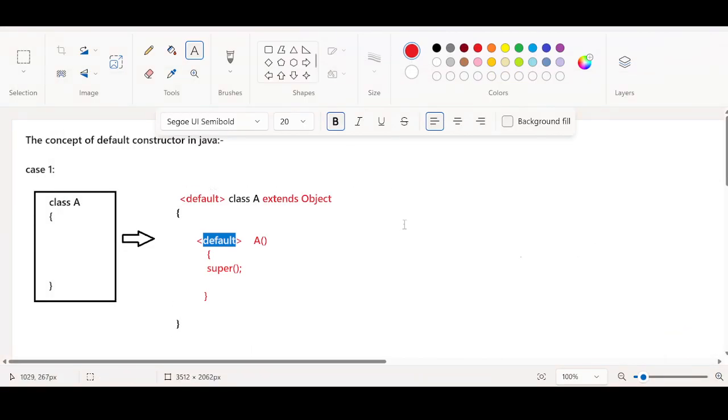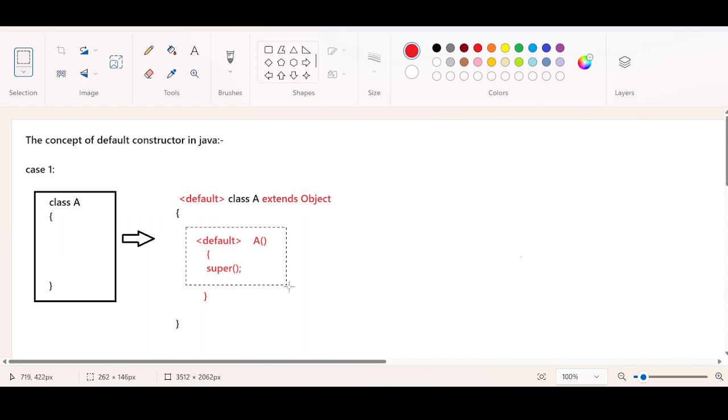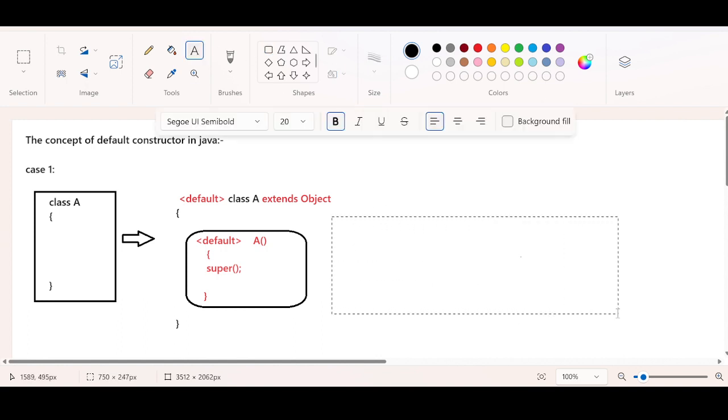Okay. So see, now let us come to the topic. The concept of default constructor. Default constructor can be defined like this: when a programmer is not placing any constructor, the compiler is going to add a constructor that is called what? The default constructor. Very simple, isn't it? What is a default constructor in Java? The answer can be